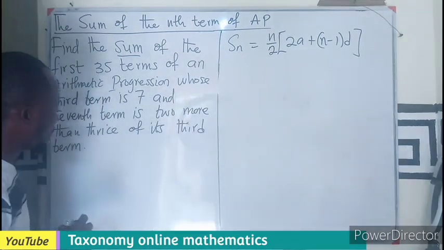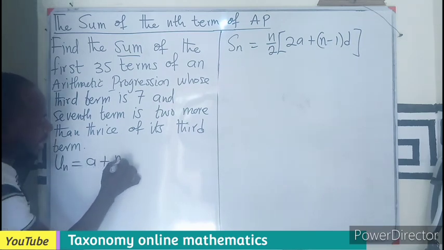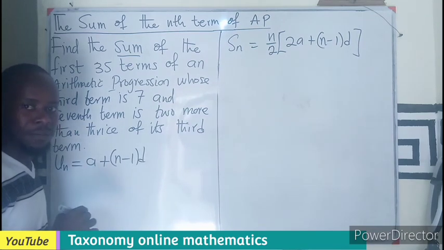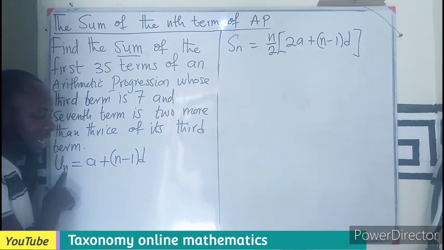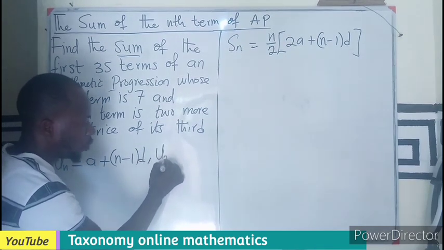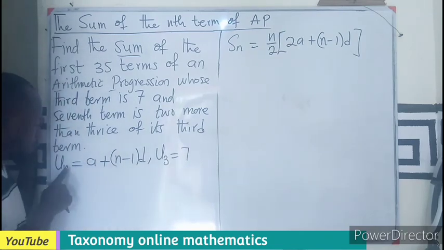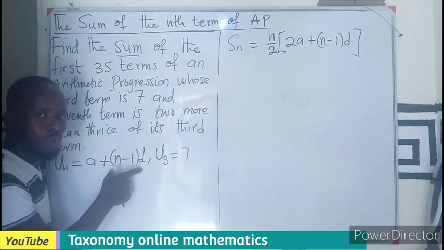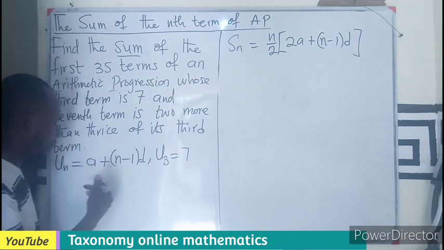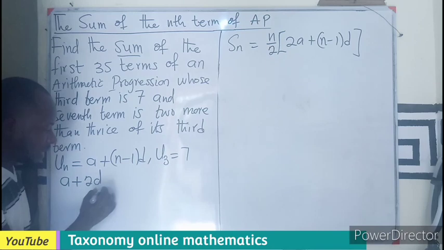So we know that using the nth term, un equals a plus (n minus 1)d. If we are looking for the third term, we know the n is going to be given as what? 3. So u3 is going to be 7. That's the third term. But this third term could also be given as a plus (3 minus 1)d. That will be 2. So obviously the third term is going to be a plus 2d,